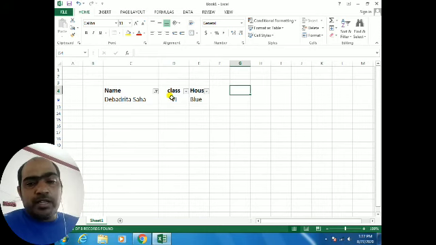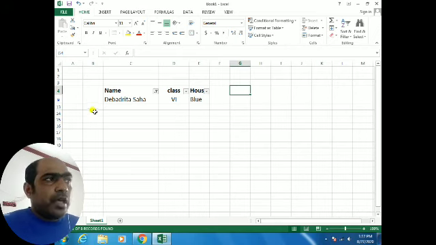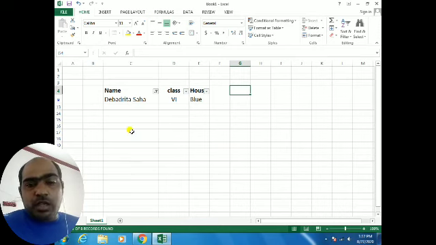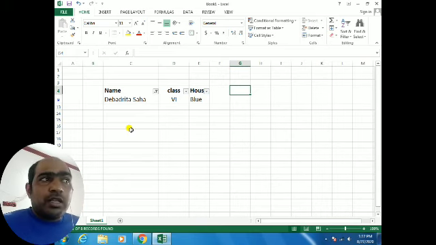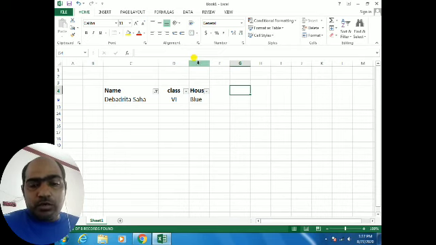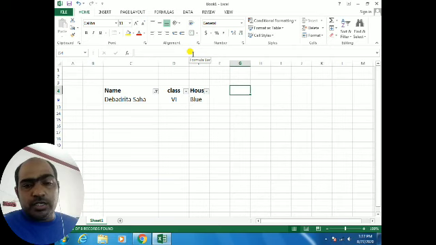You can write many things, suppose all the subjects' names. Afterwards, if you want to see only particular students, how much he got subject wise and the total marks, you can show it. If you want to see those who belong to 7A, you want to make it only for 7A, you can do filter.